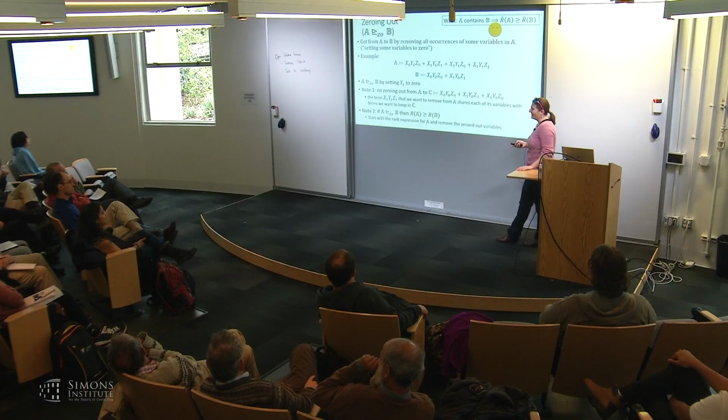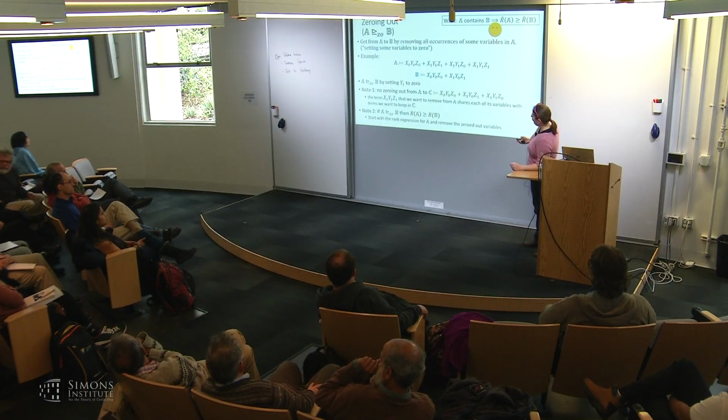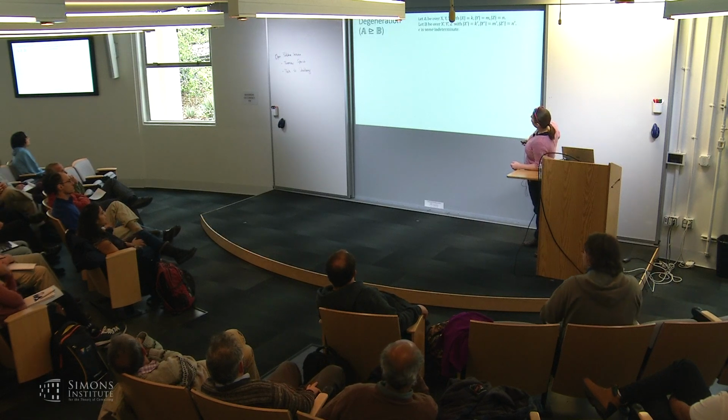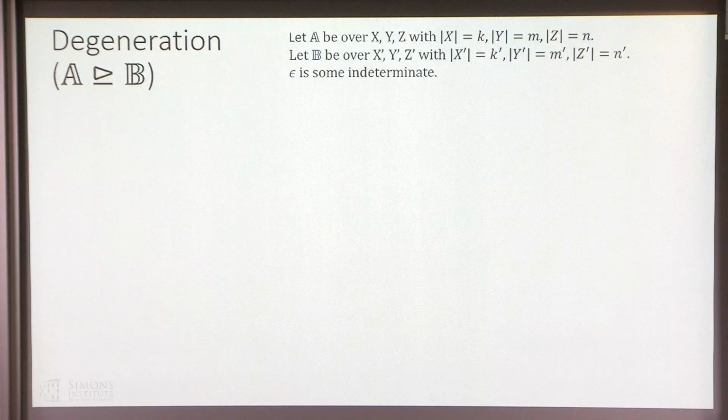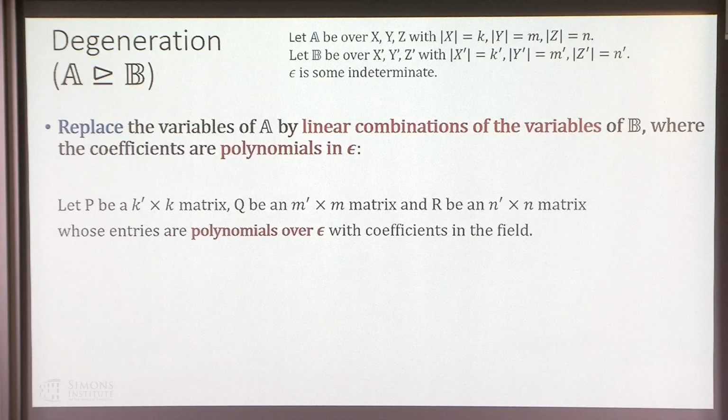Okay, so now the degeneration is a little bit messier. Let me define it. Imagine we have two tensors over different sets of variables. A is over x, y, z, and B is over x prime, y prime, z prime. To get from A to B, we take the variables of A and replace them with linear combinations of the variables of B, where the coefficients in the linear combinations are polynomials in some